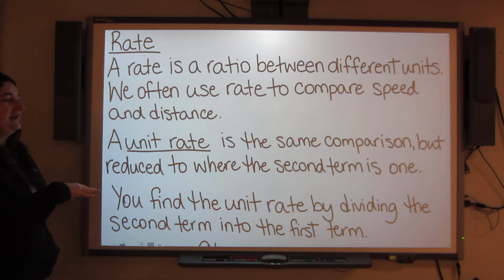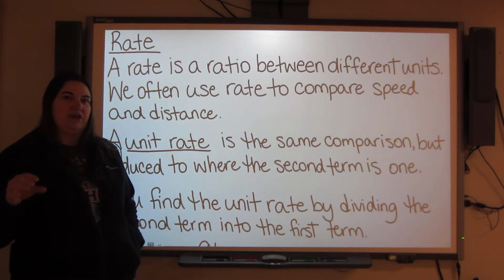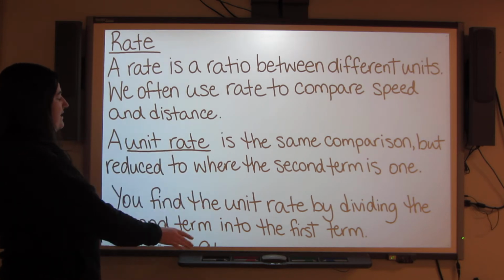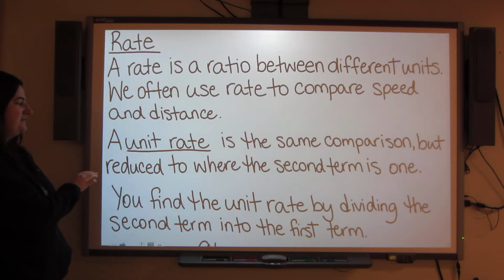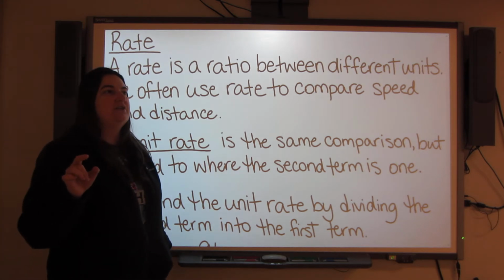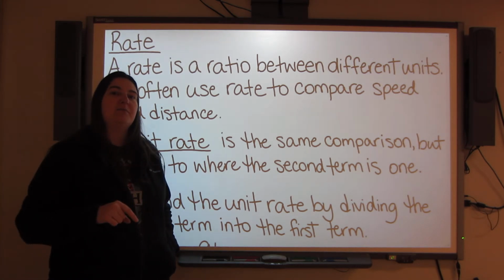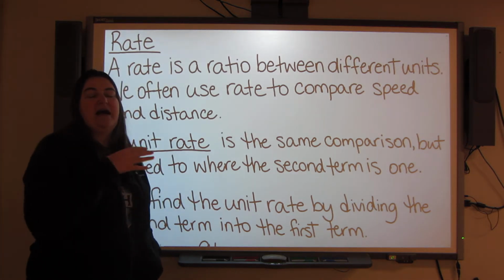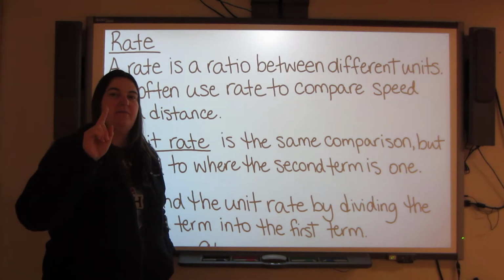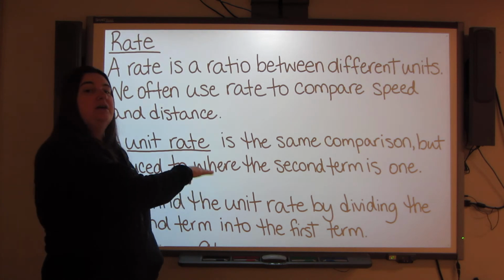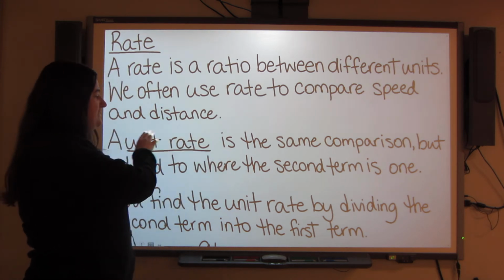A unit rate is really what you're going to be working with today. Unit rates are when you're working with the same comparison, but the ratio has been reduced to lowest terms. So it's been reduced where the second term is 1. It has to be 1. So what you're looking for is how many kilometers for 1 hour. Or if you buy a pack of muffins, how much would one muffin cost? That kind of thing. So the second term of your ratio will be 1, and that turns it into a